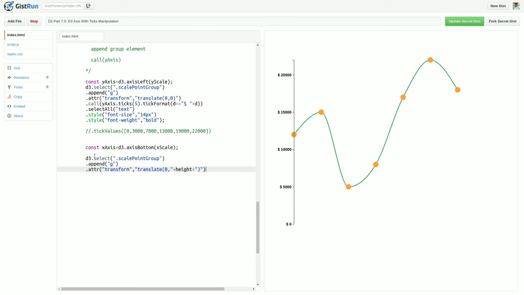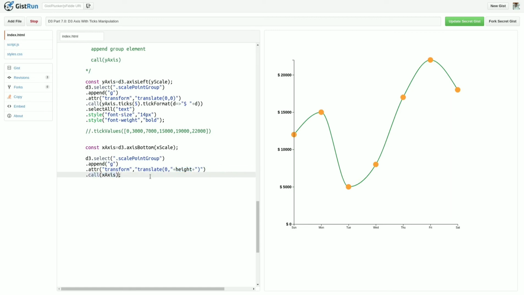And dot call x axis. So you can see that x axis is available here. So this is very simple, I have just created the x axis using the d3.axisBottom. In that I have passed the x scale, and then I have appended one group element. I have transformed that group element to 0 and height, means to this location, and just called the x axis.